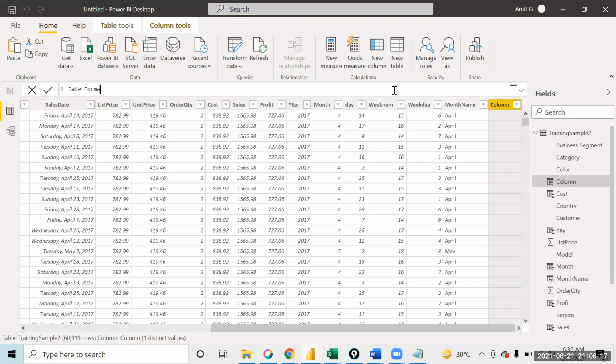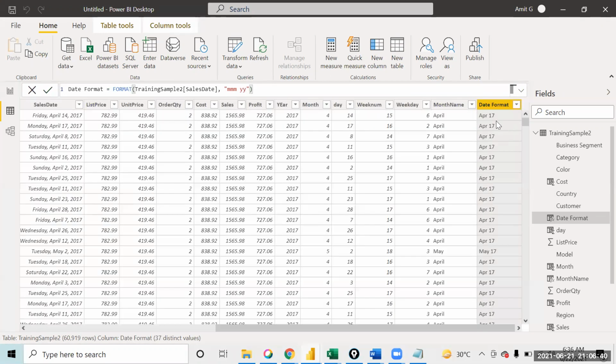So if I say date format equals format, sales date, comma, if you write MMM space YY, you can use YY to extract the year. It will give you the 3-part month name, space, 2-part year. April 17. If you make the Y's 4 times, it is going to give you April 2017.